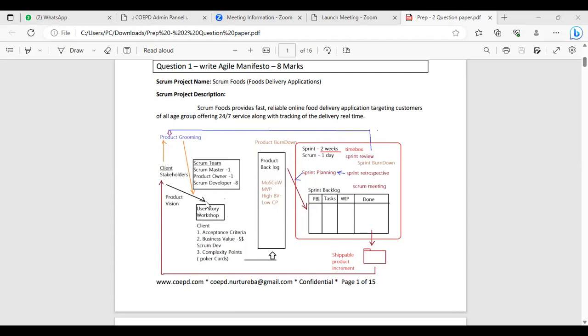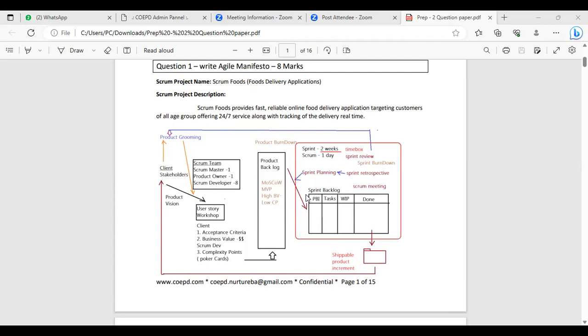Okay, guys. Now, once you have the user stories set in the product backlog, they will prioritize the user stories. Now they have refined the user stories, they refined the product backlog. So now they will prioritize the user stories based on the MoSCoW technique, the MVP, minimum viable product technique, wherein you have high business value and low complexity points. Based on this prioritization only, the sprints will be identified, guys. So please understand that whenever you have high importance user stories, they will sit in the